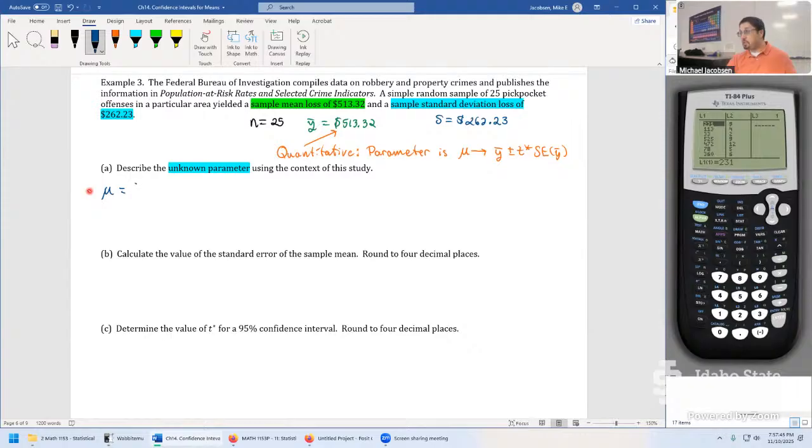It's going to be equal to the population mean, and then your first blank is going to be, well, in the last chapter it was describe what the successes are, right? But this time, if it's a quantitative variable, the first thing you'd say is mention the quantity